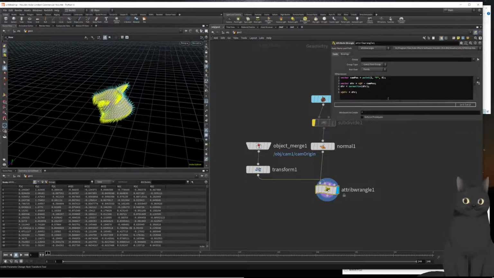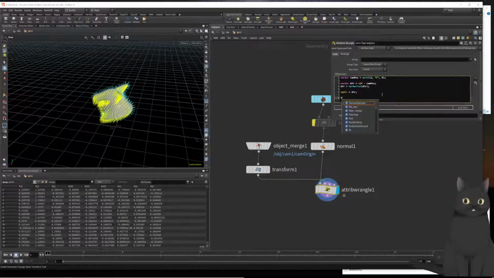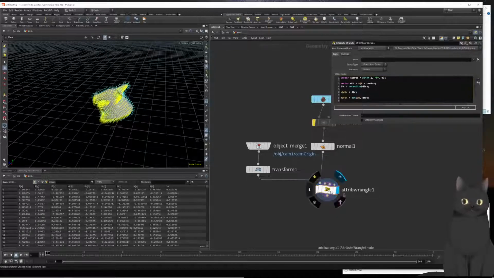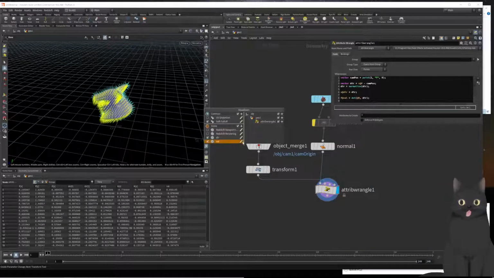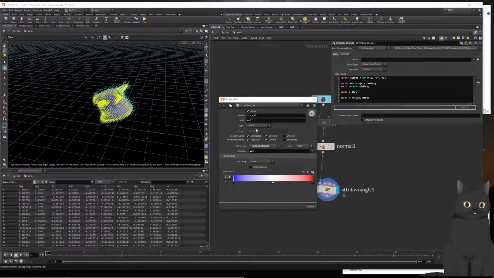Val for value is the dot product of the normal and our dir vector. And let's maybe switch off our normal view and our dir visualizer, and instead let's visualize that value. And so you can see that it's a positive value when it's pointing towards